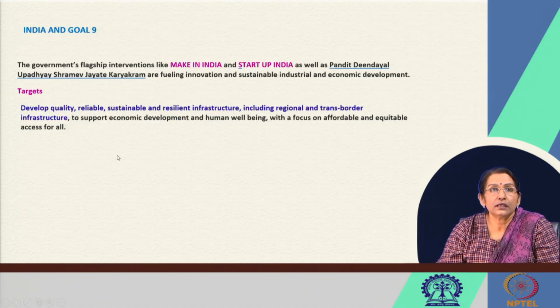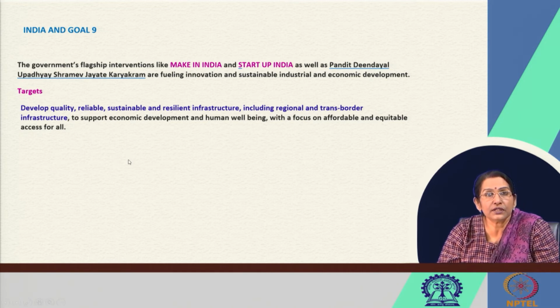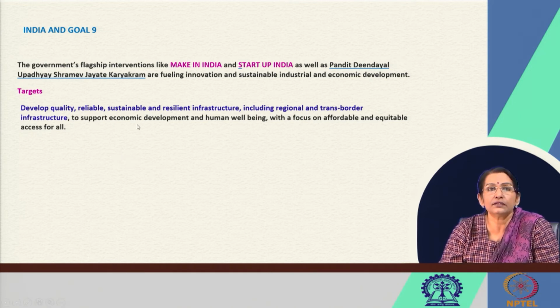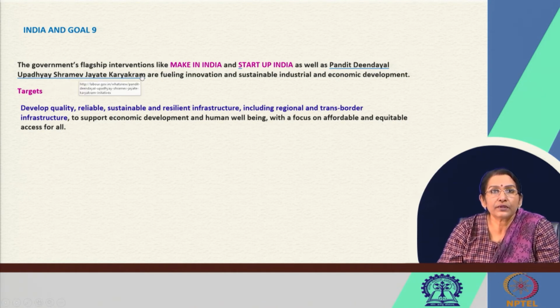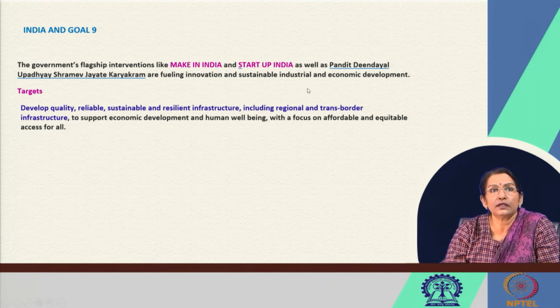So, the next, India's Goal number 9. The government's flagship interventions are Make in India and Start-up India. These are the major schemes of the Government of India, and similarly Pandit Deen Dayal Upadhyay's Shram Evam Jayate Karyakram are also fueling innovation for sustainable industrial and economic development, and the targets are like